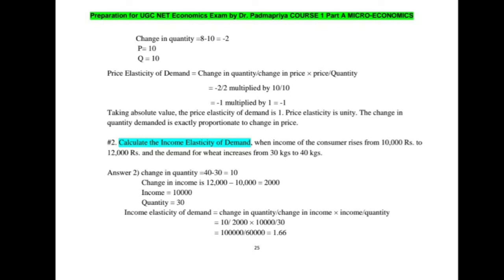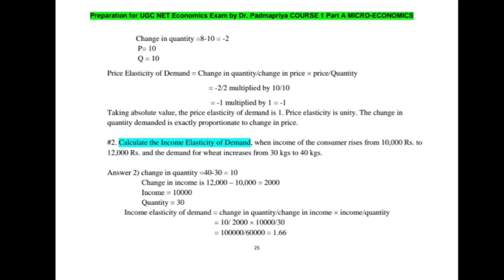So overall, what are the points which we have to note? First and foremost, we have already covered neoclassical utility analysis, which was followed by the indifference curve analysis, which is followed by the revealed preference theory of demand. Here we find that the revealed preference theory of demand given by Paul A. Samuelson is the most superior theory of demand. And then we also have gone through the various concepts of elasticity of demand, and we have learned to calculate price elasticity of demand, and we have also learned to calculate the income elasticity of demand through various examples.